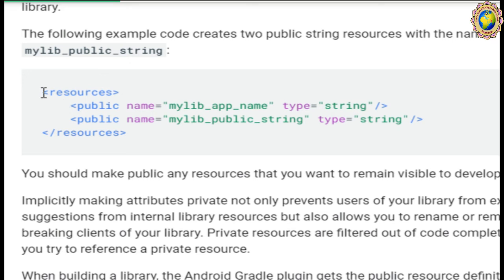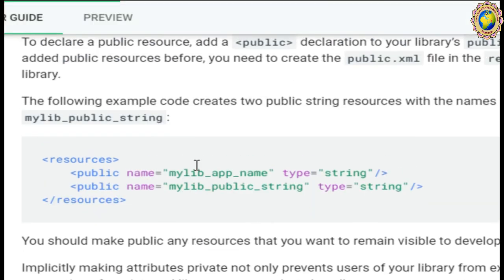In this resource you can add your library's resource name. You can write it like this: public name equal to mylib_app_name, and the type is string. And the public name mylib_public_string, then type equal to string.